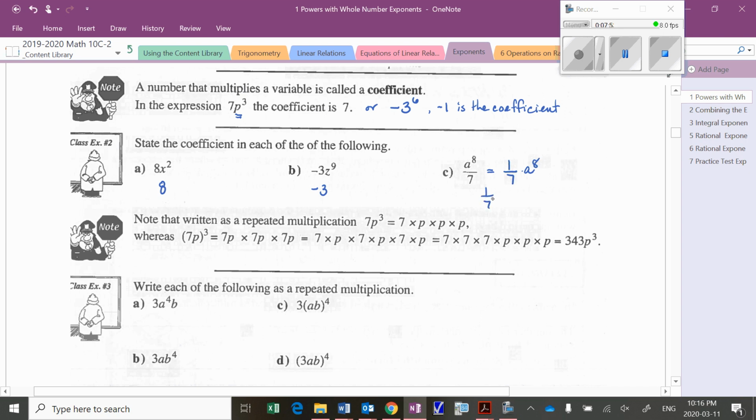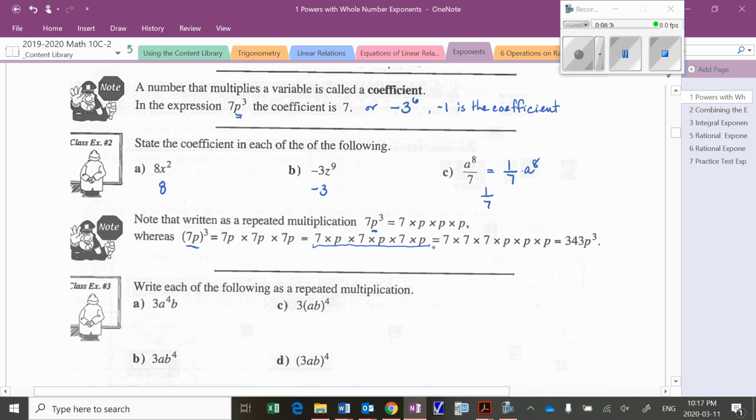Okay, and repeated multiplication, 7p cubed. Again, we mentioned directly below the exponent is the base, which is the p, and that is why the p is the one that's being repeated, whereas the base being everything inside brackets here, 7p all cubed, meaning the 7p is being multiplied by itself, so 7p times 7p times 7p, or they've actually just written it out all separately, 7 times p times 7